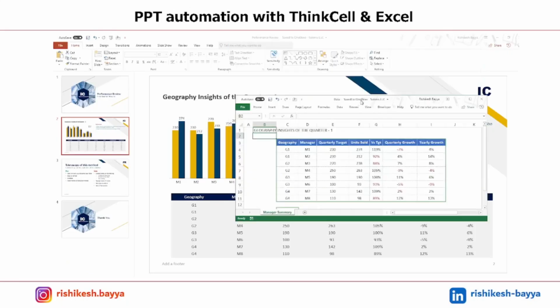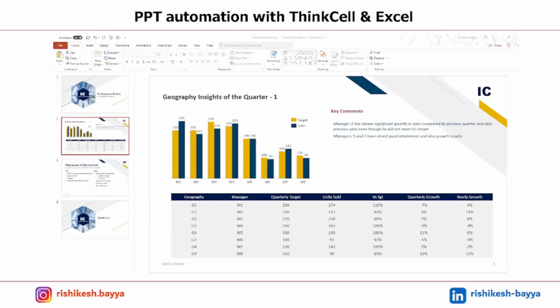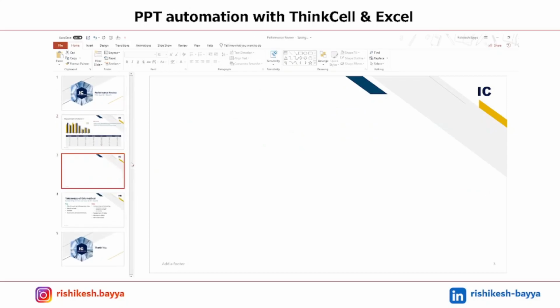Let me show you how we can actually make these individual charts once, right? I'm just trying to help you understand how we can make these charts individually. Right now it's already prepared, so let me add a new slide. Okay, so just for the sake of simplicity, I'm trying to build that chart again.